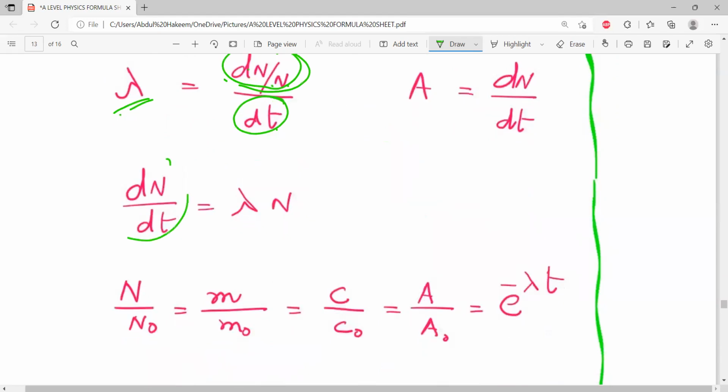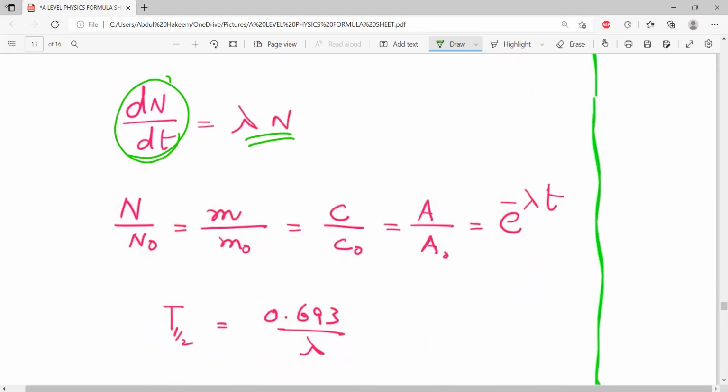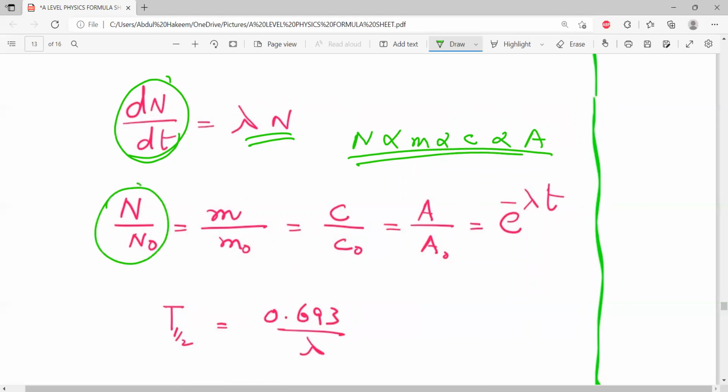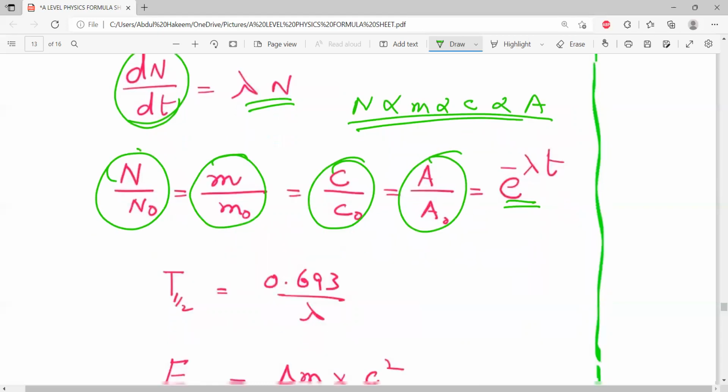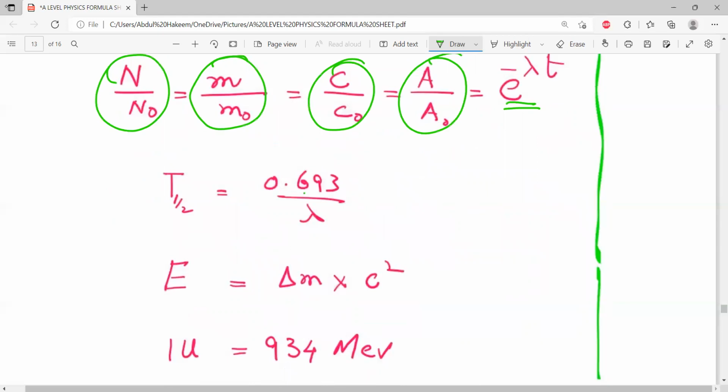So dN over dt is equal to lambda N. Now N is directly proportional to m, and m is directly proportional to count rate, which is directly proportional to A. So all are directly proportional. That's why the ratios N over N naught, m over m naught, C over C naught, A over A naught are equal to e to the minus lambda t, because this decay is exponential,